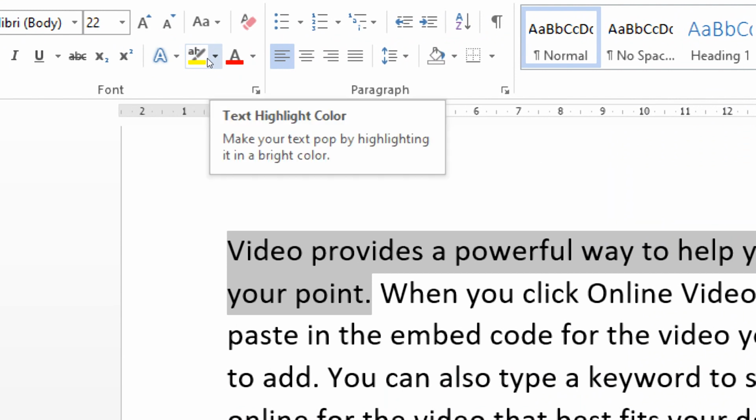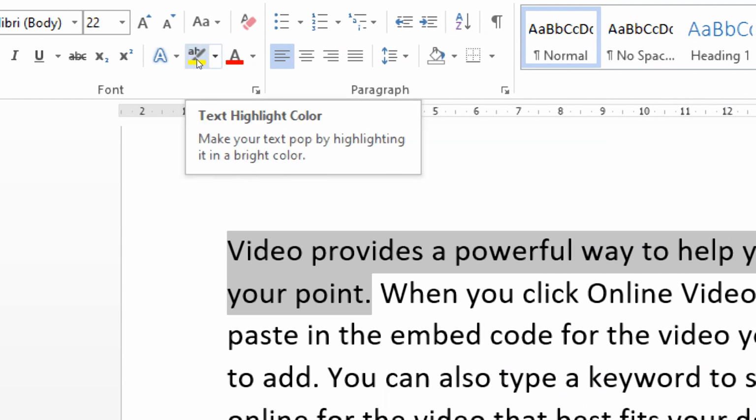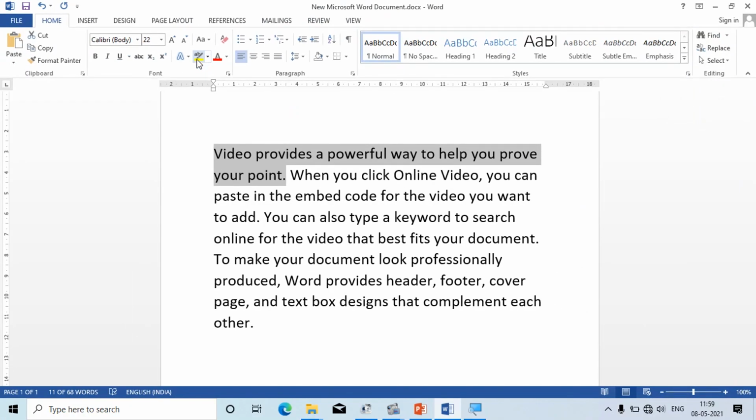Just click over it. See, the shadow effect has come. You can also change the color. Just click over it and change the color, whichever color you want. Suppose this color you want. Yeah, so you got this color.